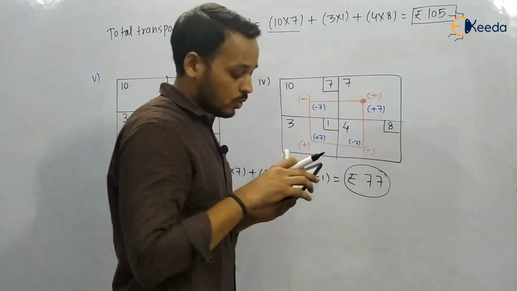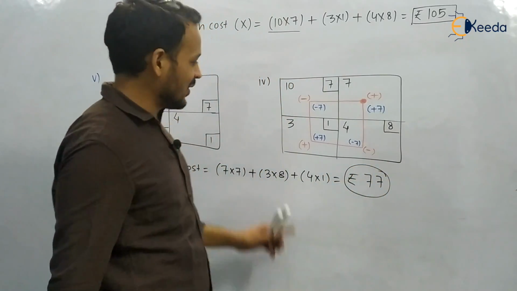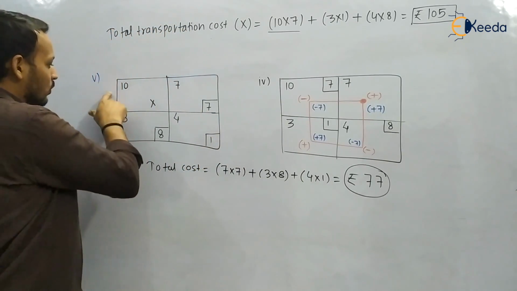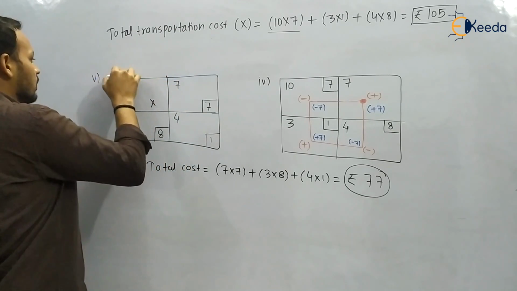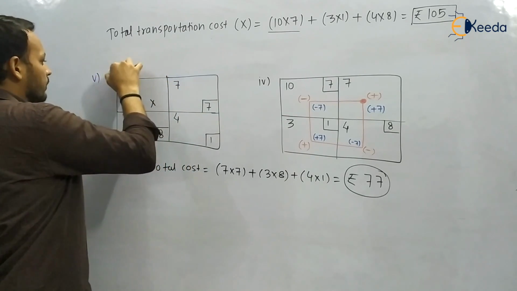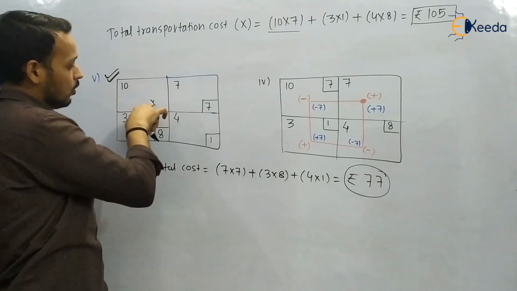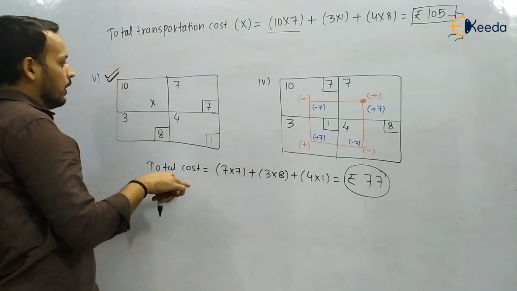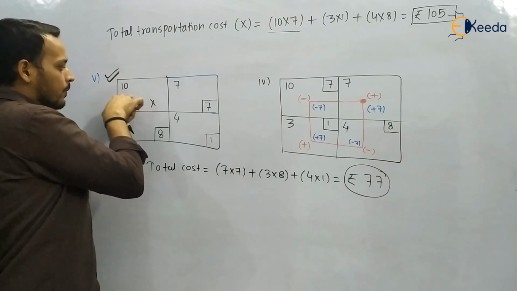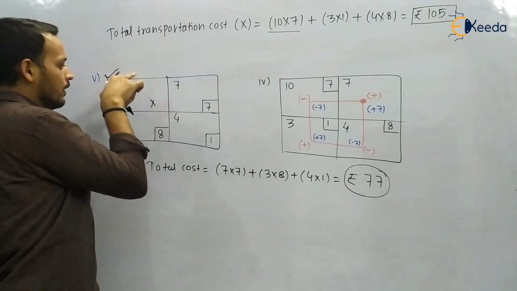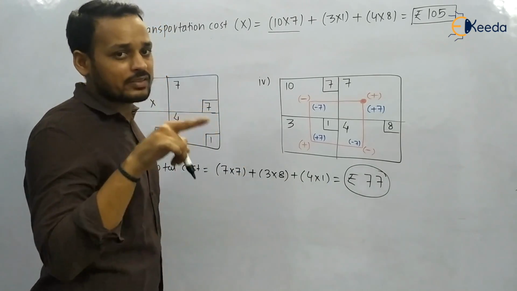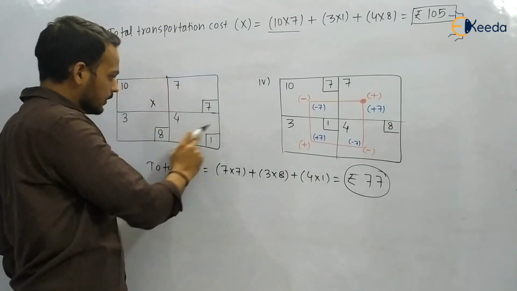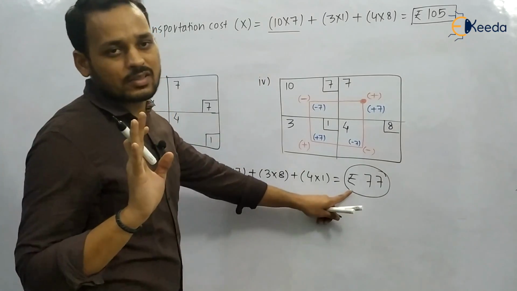Now the question is whether it is optimal. So you have to again perform the optimality test. You have to calculate the Ui and Vj matrix. Now your original cost cell matrix is this one. So calculate U1, U2, V1, V2 and calculate the Ui plus Vj matrix for the unallocated cells and find the identified cell. If the identified cell is positive, then this is your optimal solution. So your work is to calculate the optimality test for this matrix. We have reached the answer. This is the optimal solution.